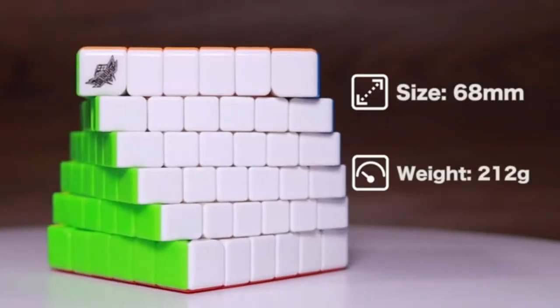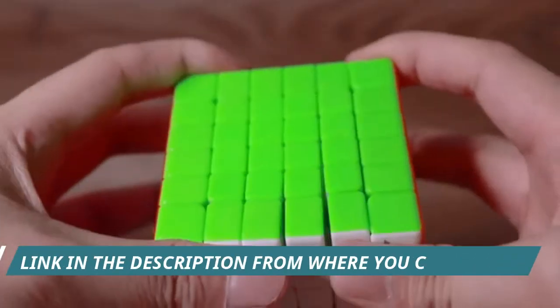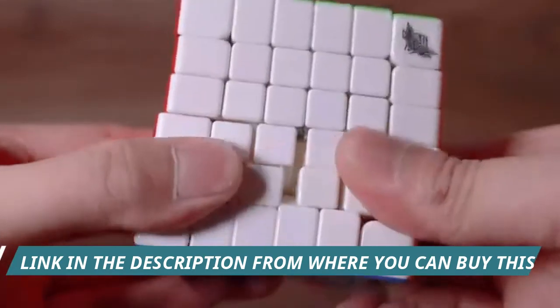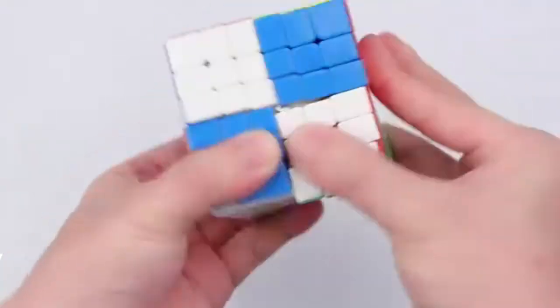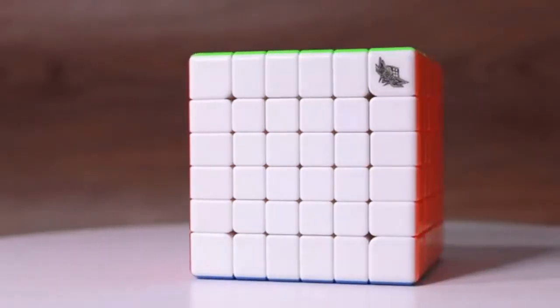D-FantiX Cyclone Boys 6x6 Speed Cube, stickerless 6x6x6 magic cube puzzles, 68mm, G6 version. Compact and stable, the D-FantiX Cyclone Boys G6 Speed Cube 6x6 is the latest 6x6 to hit the market. 68mm for each side,